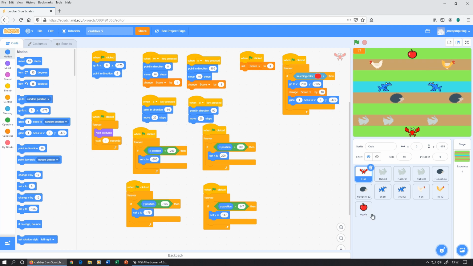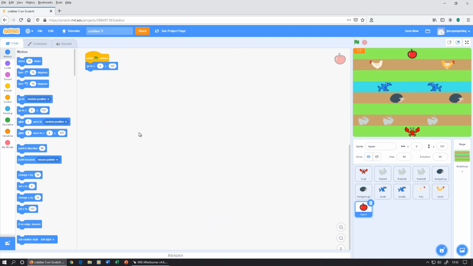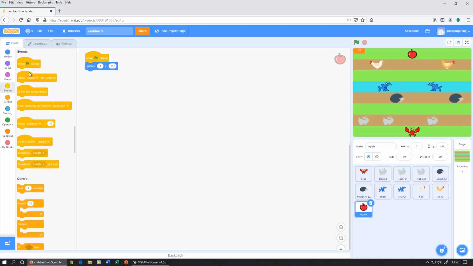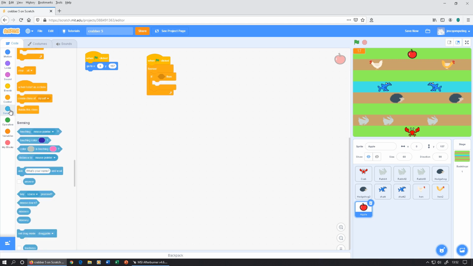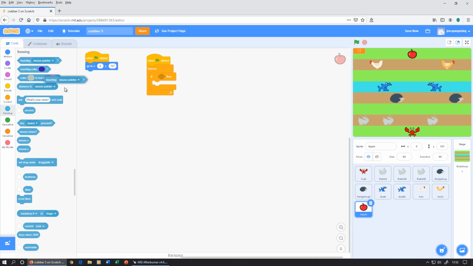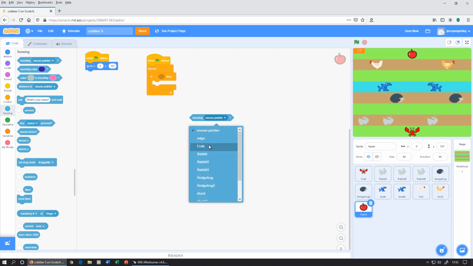We're going to then go back to the apple itself, and we're going to do kind of the opposite end of that now. So again, we want with events, so when we run the program, we're going to use an if then and a forever loop. So we're sensing again now, so we need to go to sensing, and on this one we can use this. So if our apple is touching the crab,